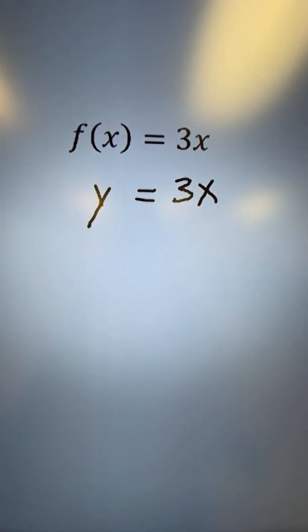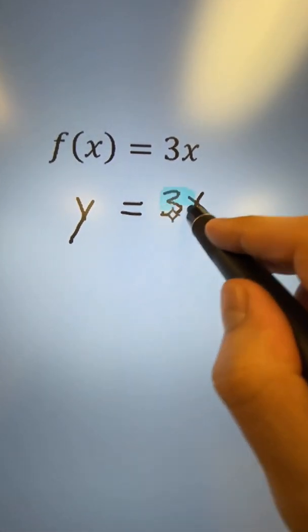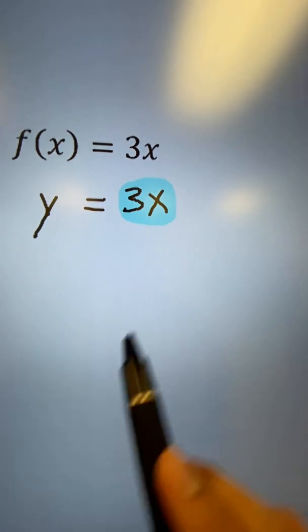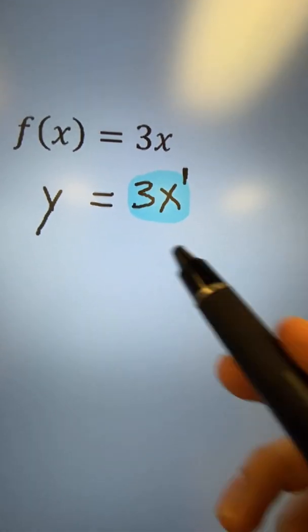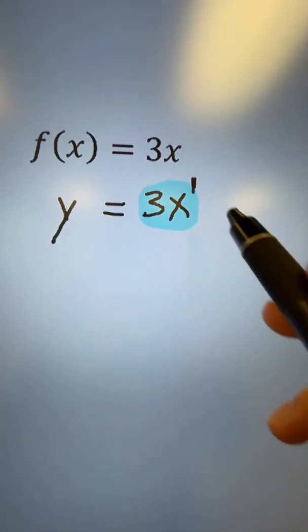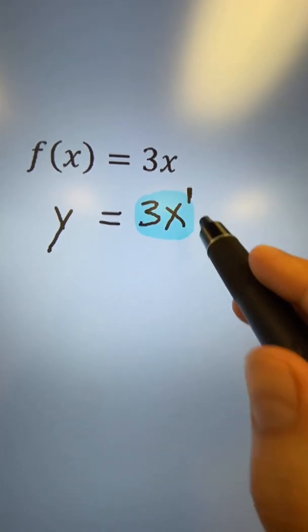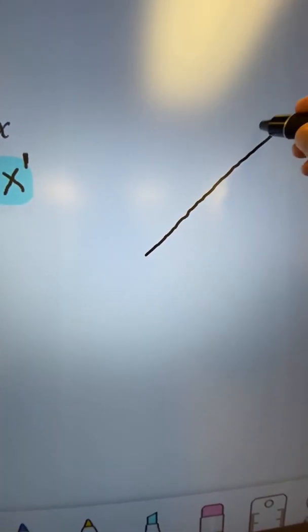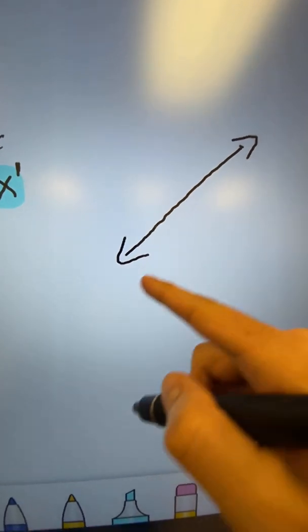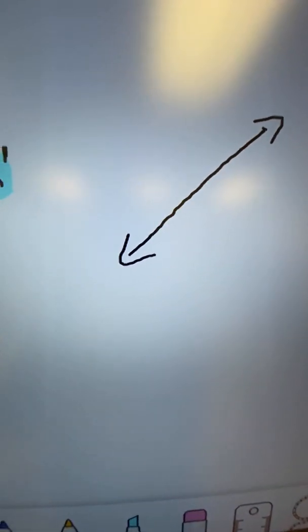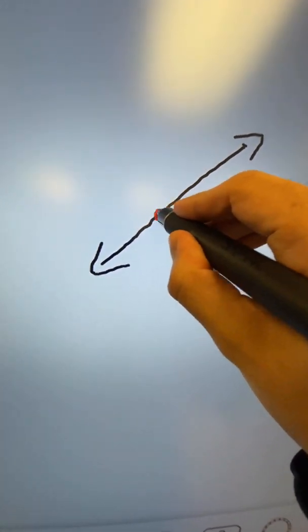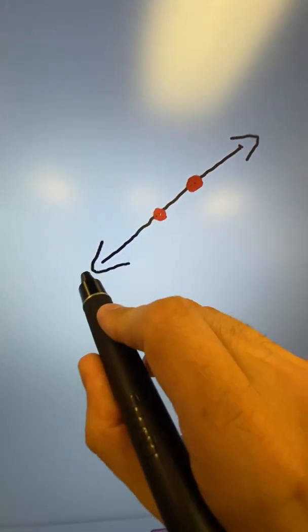So before I graph it, one thing I want to notice is that this 3x, notice that the exponent for the x is a 1. If you're graphing an equation where the highest exponent is a 1, that means when you graph it, it's going to be a line. The picture is going to be a line. And to draw a line, all you need is 2 points,